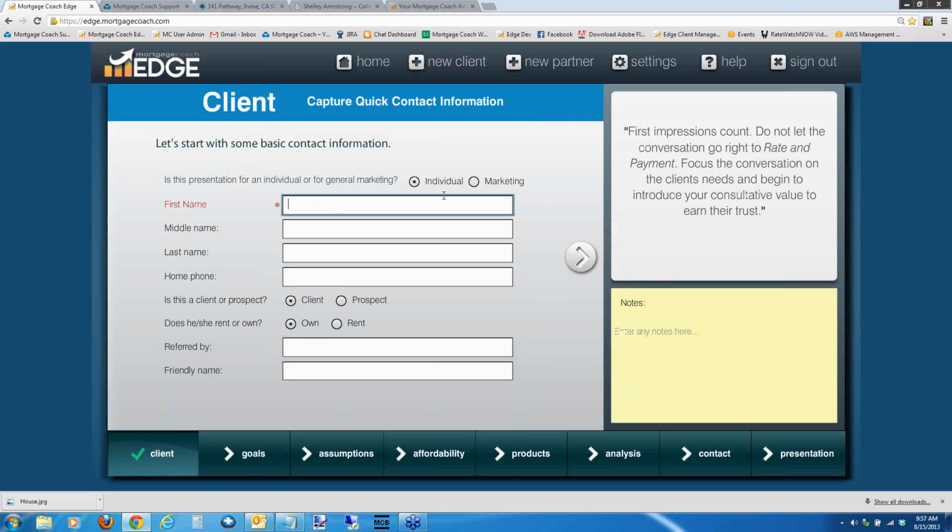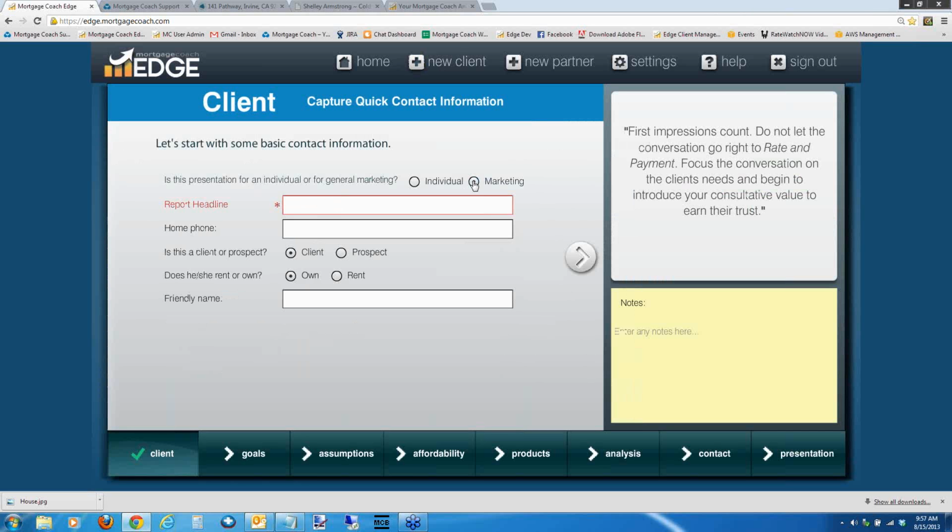And you can call this whatever you want, or you can make it a marketing report. This is probably better because you don't have an actual borrower name. I might even say, own your dream house today again. Now, if we wanted to make this a rent versus own, we can toggle rent here,